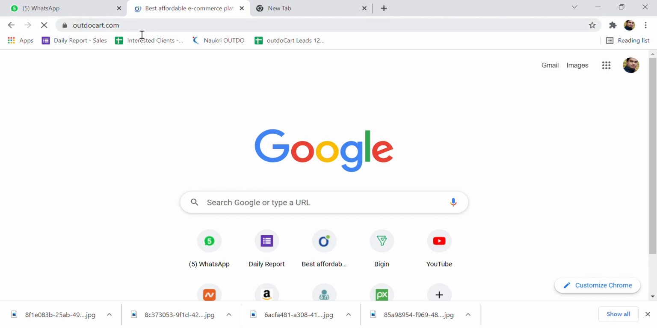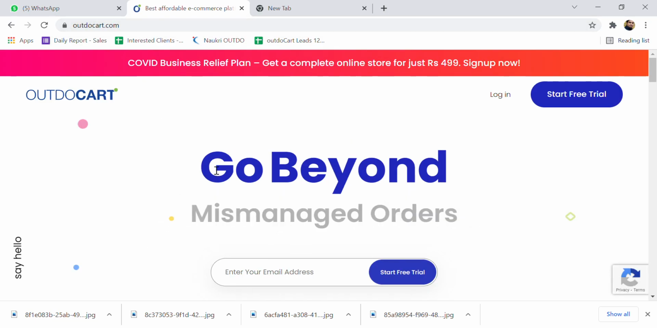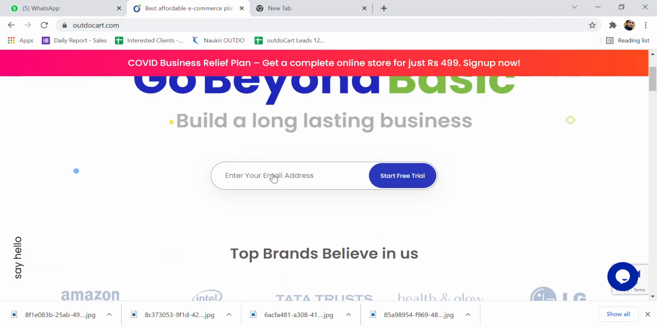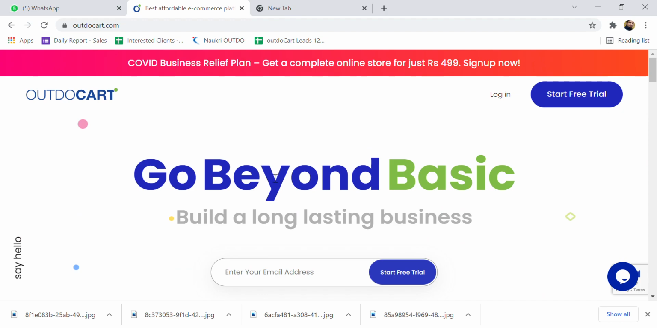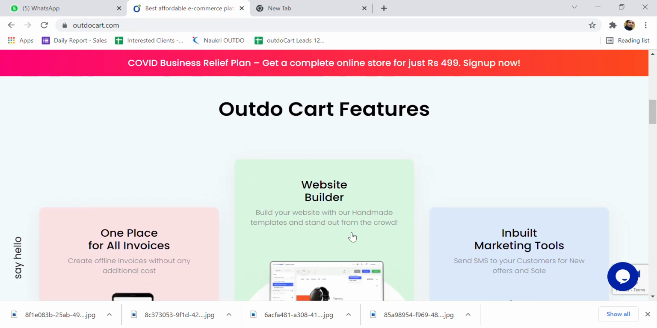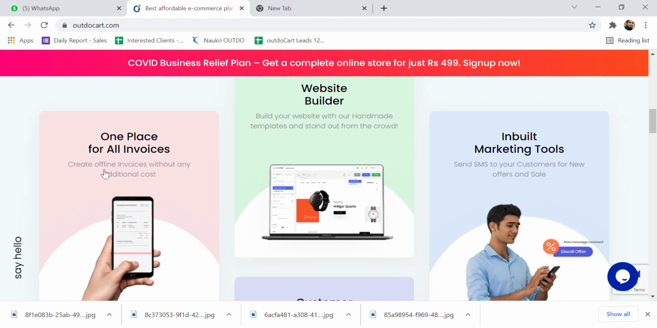www.howdocart.com. After entering the domain name, you will land on the portal. So this is the front end website. Here we can understand which different brands they have worked with, companies like Amazon, Intel, Tata Trust, Health and Glow, LG, Tanera, HDFC Bank, Your Design, Act Fibernet, and Titan. And they have showcased some small images talking about their features, like